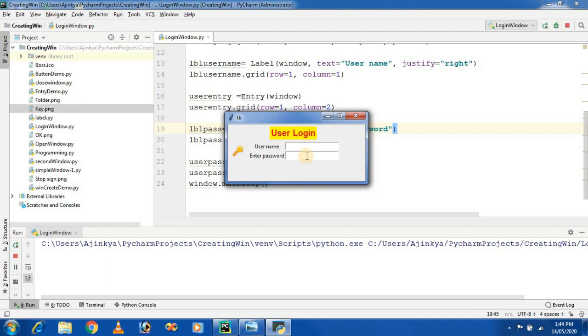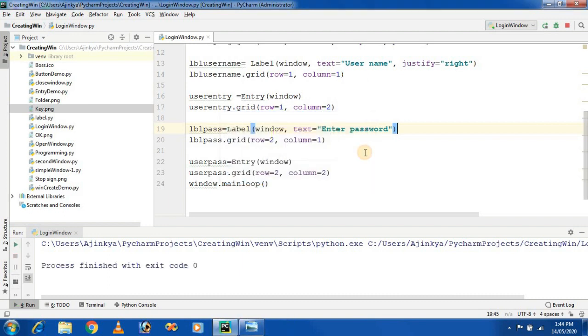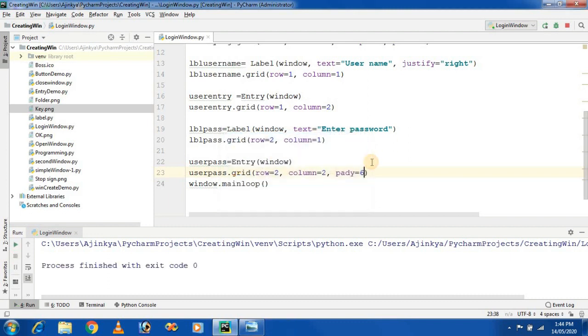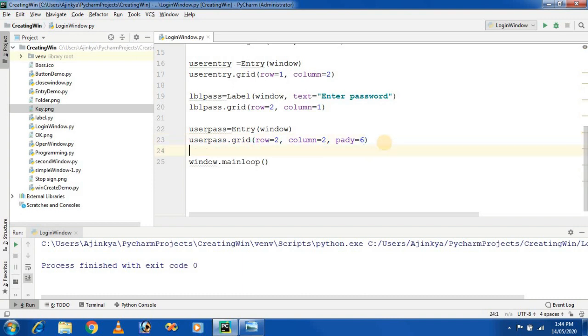Okay. So we need to give some space on this widget. For this I am taking pady is equal to 6, so I am providing some space. Okay. So next step, after creating the label and entry widget, we need to create buttons. So buttons can be created using the Button class in Python.